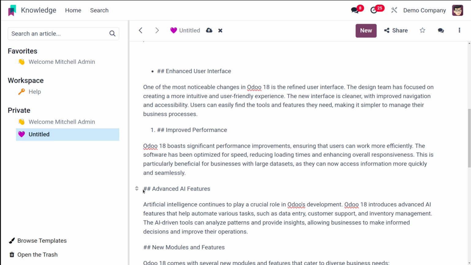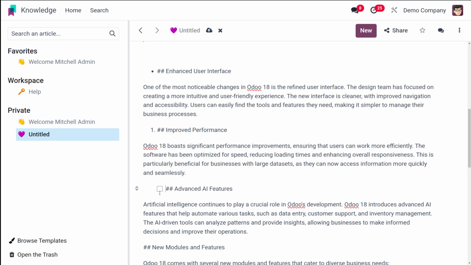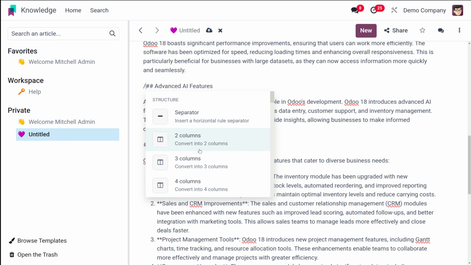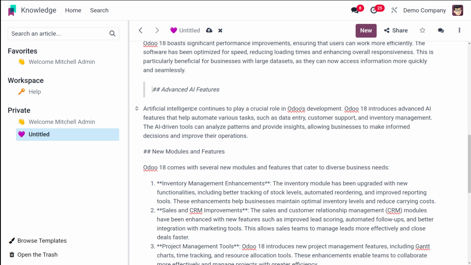Okay, so next you have this thing which is the checklist. See, now this has become a checklist. So similarly, you can make bulleted list, numbered list, and checklist using this formatting. And next, if you choose the slash, you have the option to add a quote. Okay, so let it be a quote. Now, I've chosen the slash from here, so this has become a quote.